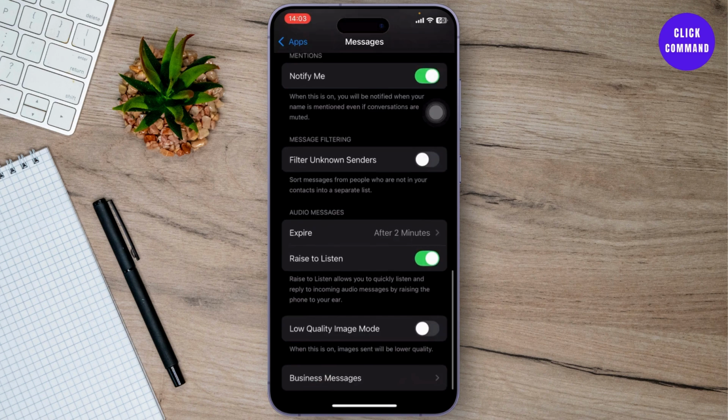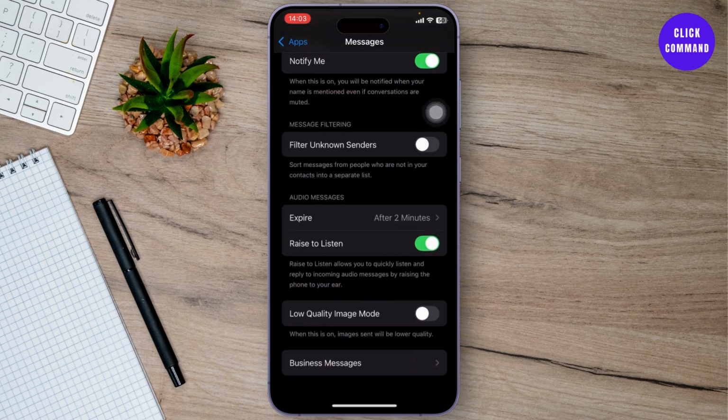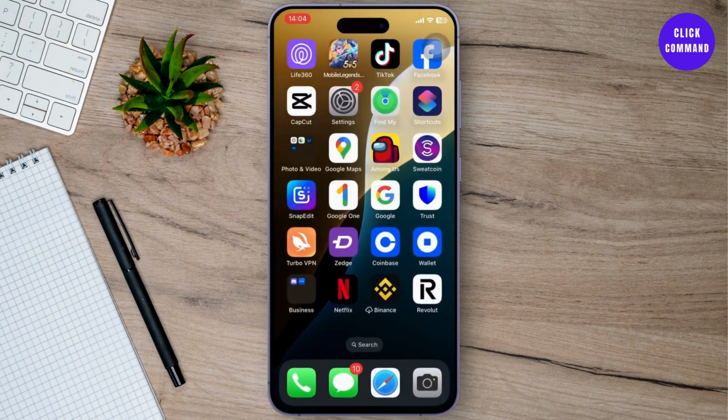Now what you'll need to do is scroll down all the way, and there you will see messages filtering, and under there you will see filter unknown senders. Now turn this on. After you turn that on, you can go back to your home screen and open up